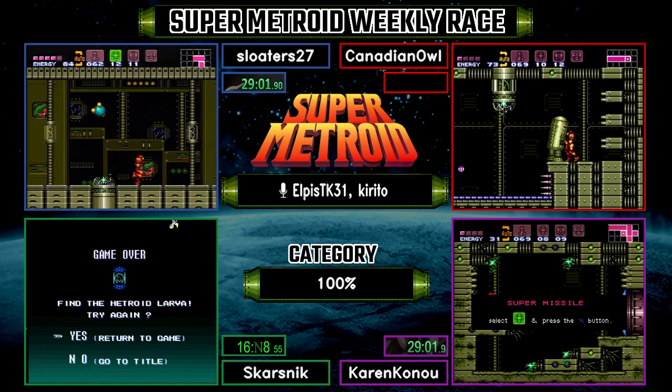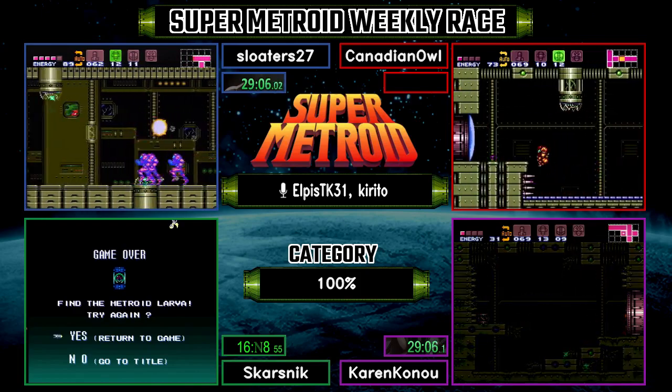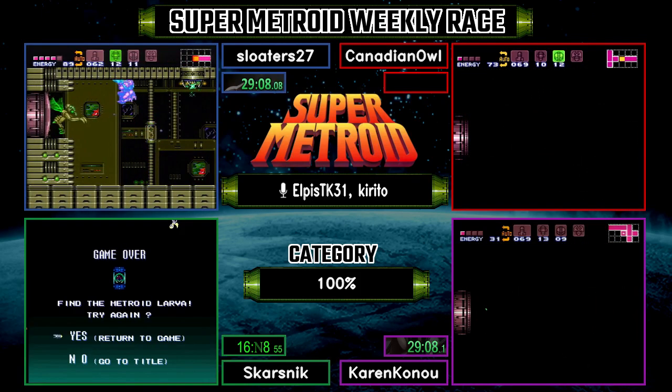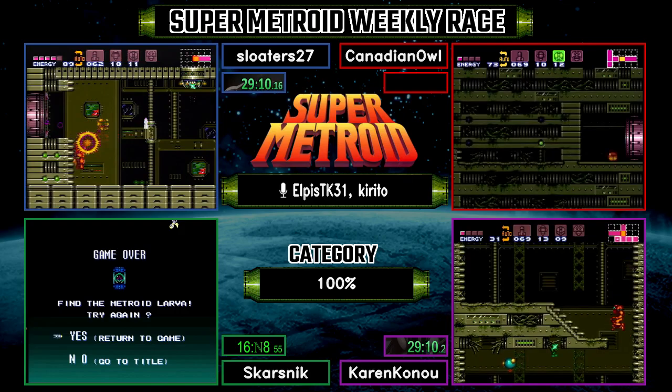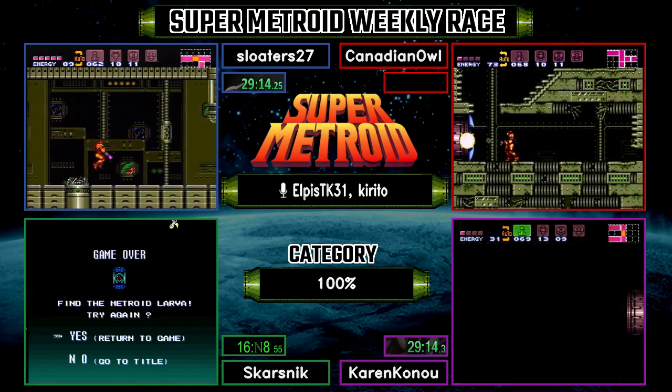Yeah, the developers might have wanted you to collect the gravity suit first and come back, but we as speedrunners say, nah. Oh, and a very, very nice, almost spotless attic, or I thought it was pretty...